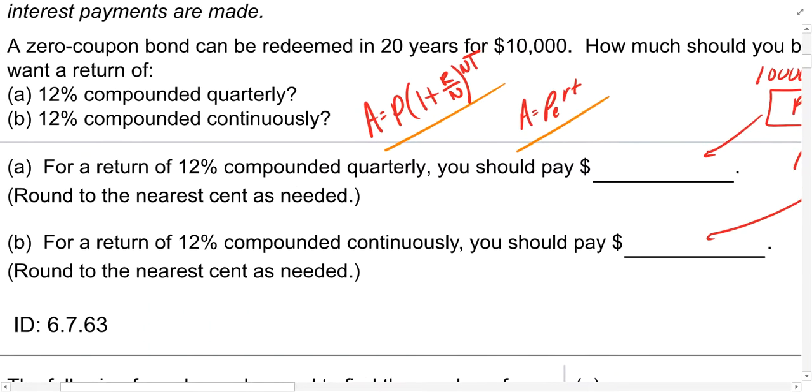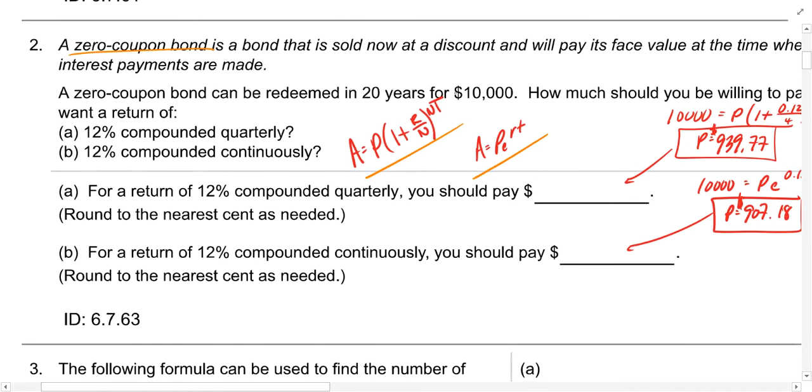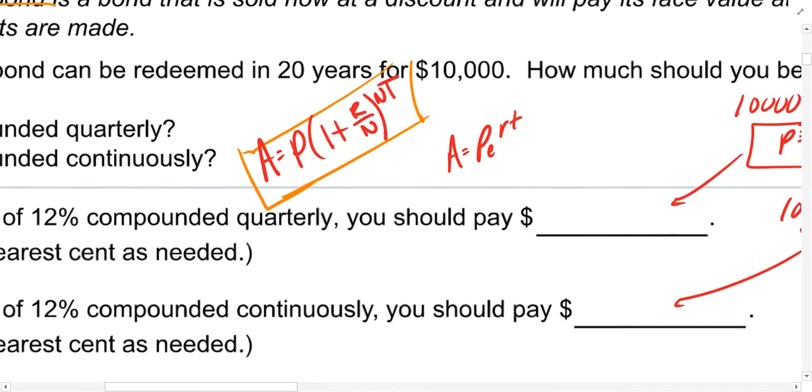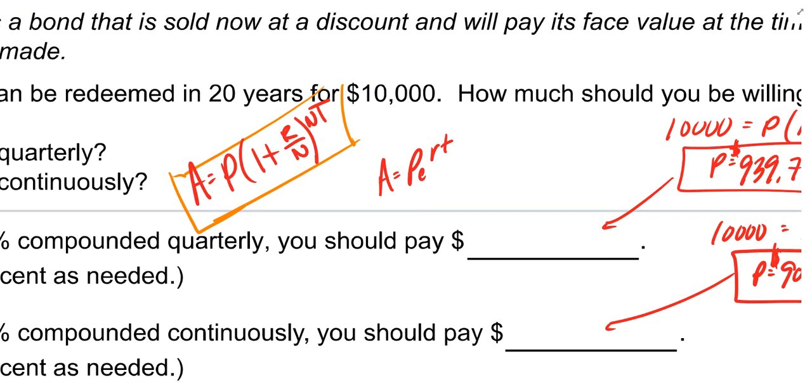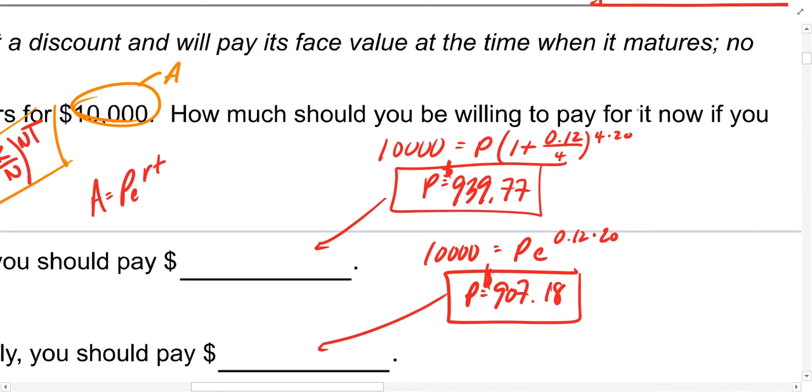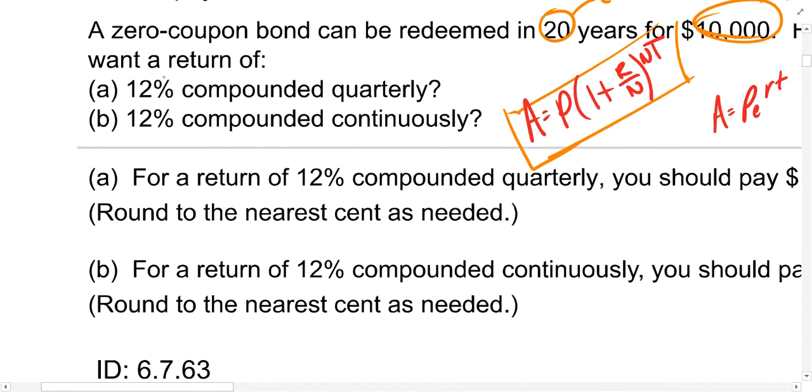So if we were to compound 12% quarterly, using this particular function for discrete compounds, that means individual compounds, not a continuous compound, then what we're saying is that in 20 years' time, so 20 is going to be our t value, the amount that the bond is going to be worth is $10,000, so the ending amount is $10,000. We don't know how much we'll pay for it right now, the present value p, so that's the unknown. And if we have a bond that's going to pay 12% interest, that would be our r value,